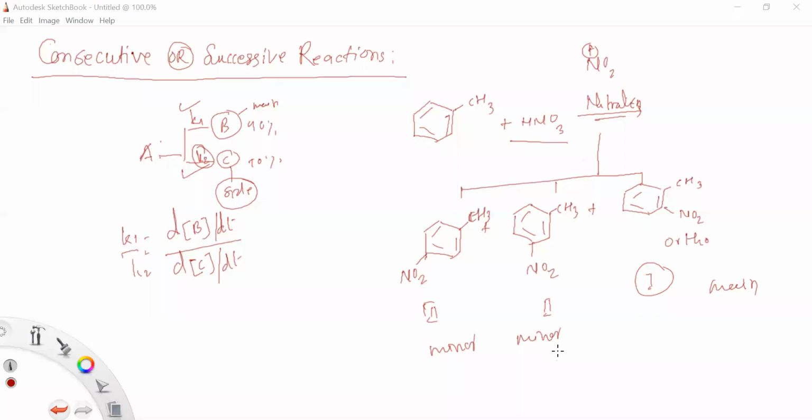These two are minor products. These two minor products are called the side reactions or the parallel reactions, right? So just keep in your mind why this product is the main one. This is the remedy of organic chemistry, the mechanism behind why this product